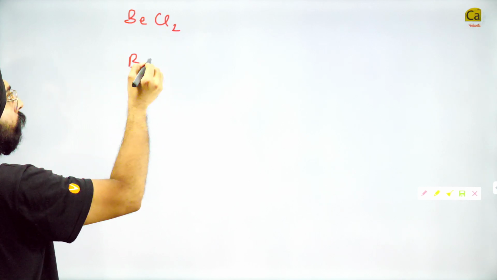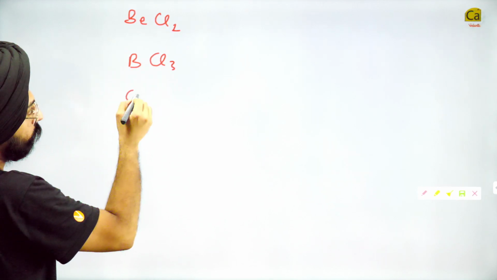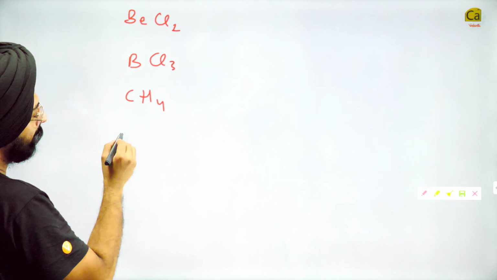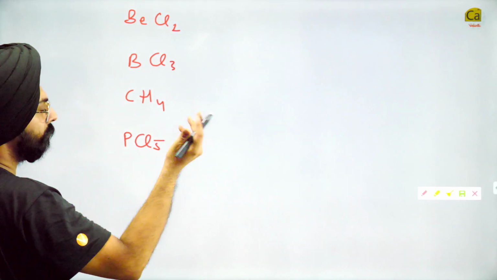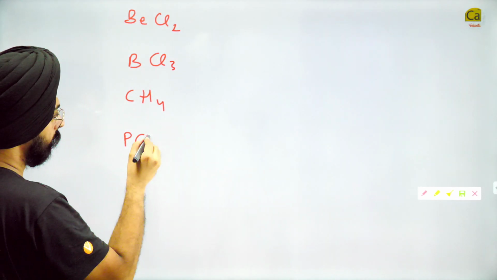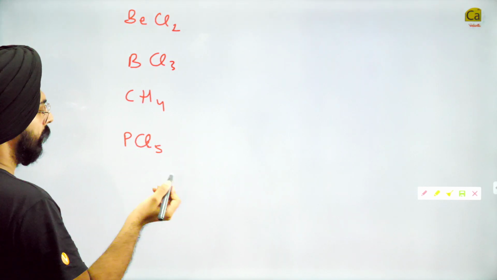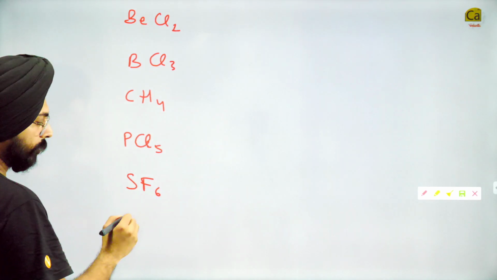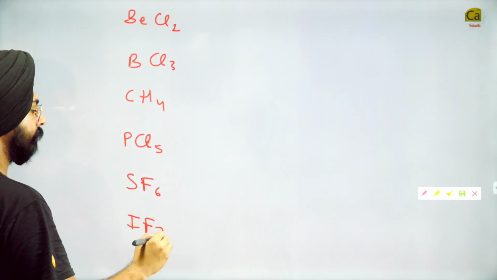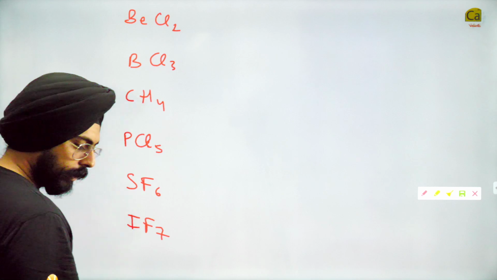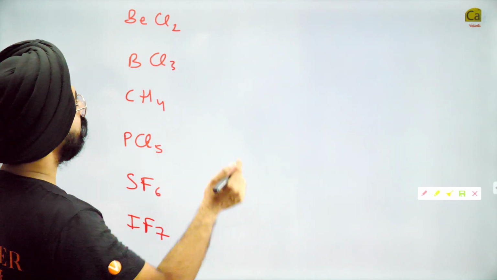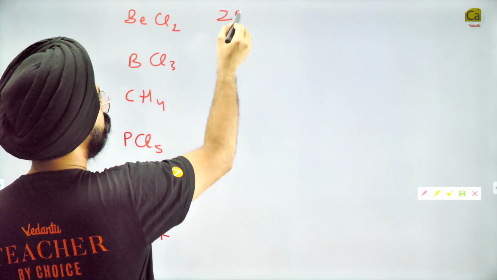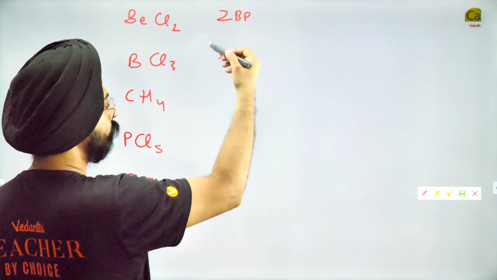Second case was BCl3. Third case was CH4. Fourth case was PCl5, PF5, PBr5, whatever you want to write. Okay, PCl5 हो गया. Then the next case was SF6 and the last case was IF7. ठीक है. In all of the cases, what can I write? I can write this has 2 bond pairs, this has 3 bond pairs, 4 bond pairs, so on and so